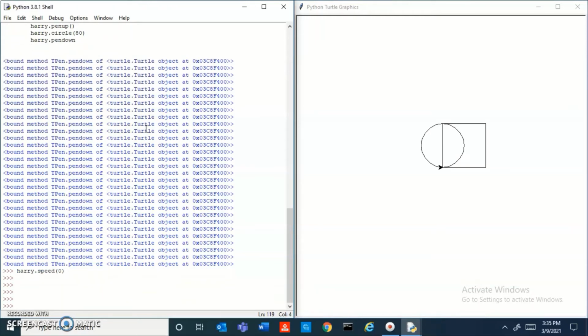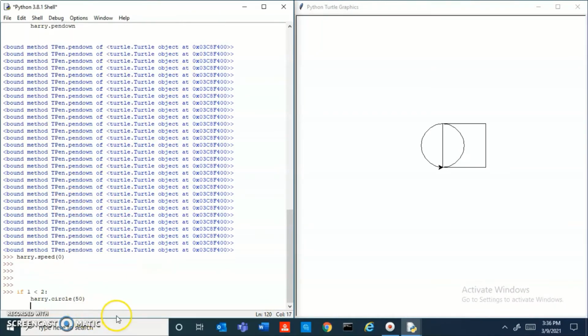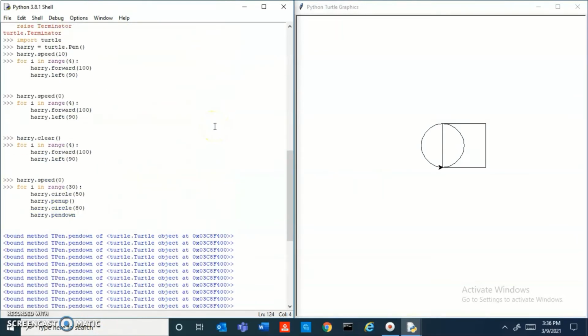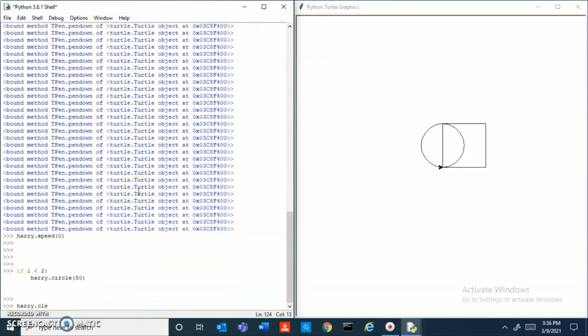So let's just start off simple. You have to type if, and then let's just do 1 is less than 2. Then we put some colons, and then we do, well, if 1 is equal to 2, then Harry dot circle. Let's make him do a circle of 50. And right now his speed is set to 0, so you guys can't see it. If I do Harry dot clear,